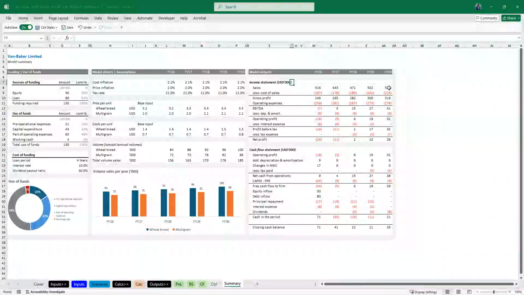Okay, so now we can have our key ratios and outputs. We can decide to put that in charts. Then the charts